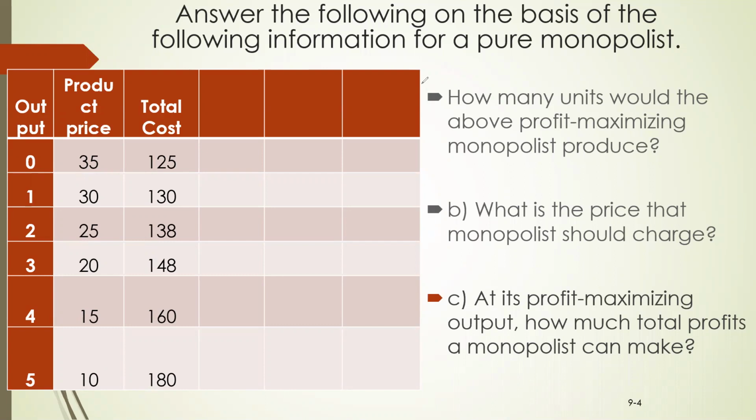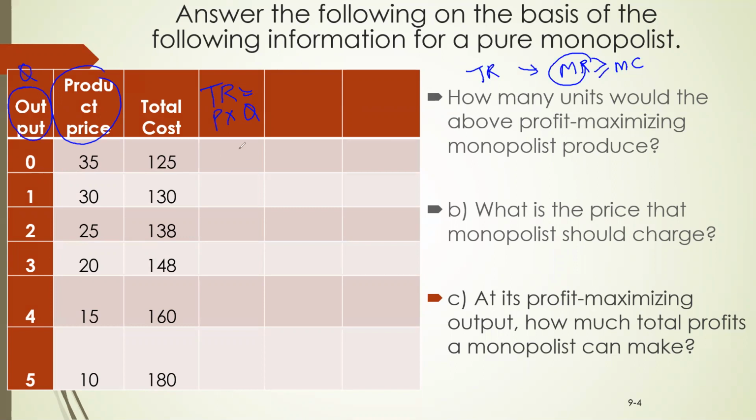So the rule here, remember, is that we need to figure out where marginal revenue is greater or equal to marginal cost. That means we need marginal revenue and marginal cost. To get marginal revenue, we actually need total revenue, TR. So that's the first thing I'm going to calculate here. Total revenue is price times quantity. We have price here, and we have the quantity, our output, given here.